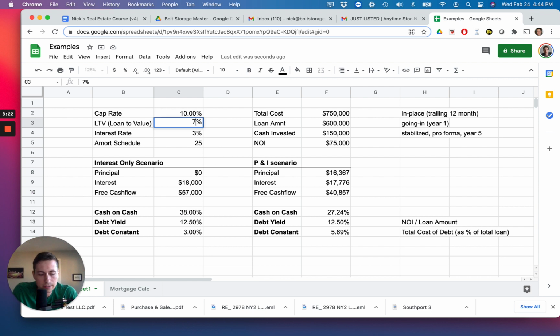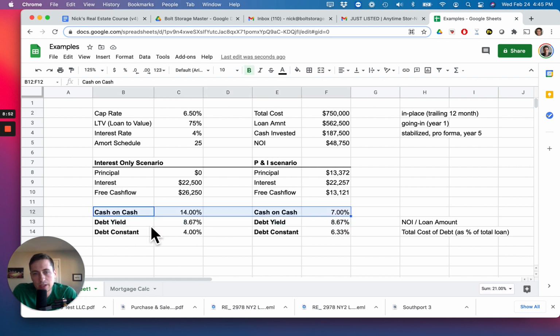Now let's just go back to some normal terms here. We'll play around with this a little bit more. See, our cap rate is a little bit more aggressive. People are buying about 6.5 caps all day now, getting interest rates around 4%. Here we are. We've got $187,000 in cash invested, and even in our not interest-only environment, we have $13,000 of free cash flow. So if you play around with this, you can really get a feel for